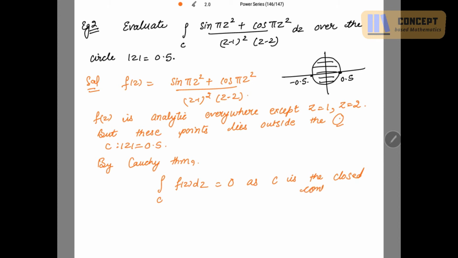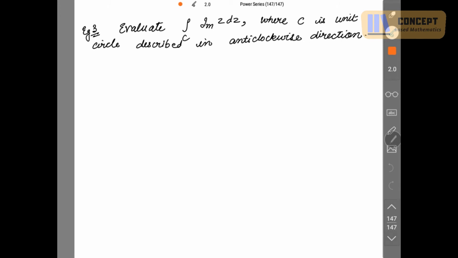This is very important. Next, evaluate this integral over c, where the function is given to be the imaginary part of z, dz, where c is the unit circle described in the anti-clockwise direction. Now here, let c be |z| = 1. I am taking this circle to be a unit circle because it is given the circle is unit. So |z| is equal to 1. Then